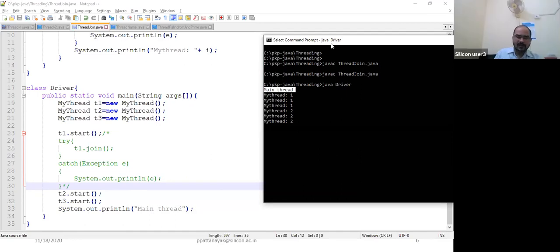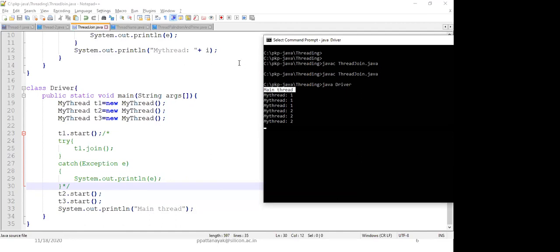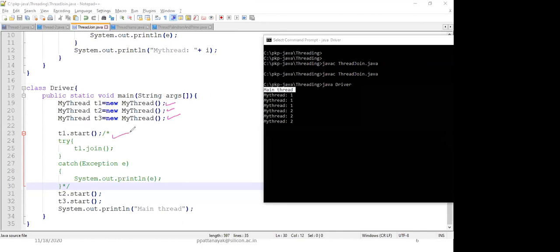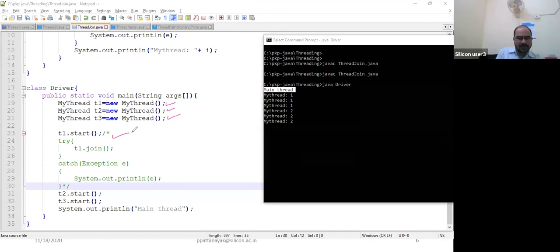No. See here, just a minute. This part, who will execute this one? The main thread. This is the main thread, right? This part, who will execute? The main thread also. T1 dot start.